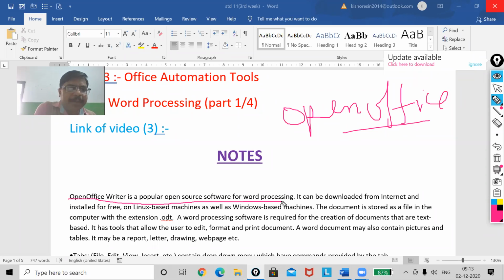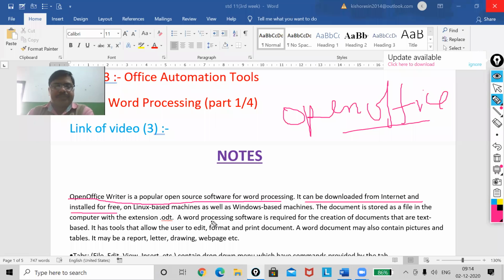Here you have Impress, and there in MS Office we have PowerPoint. It can be downloaded from the internet and installed for free. And one more thing, OpenOffice can be downloaded on a Windows based machine or a Linux based machine.